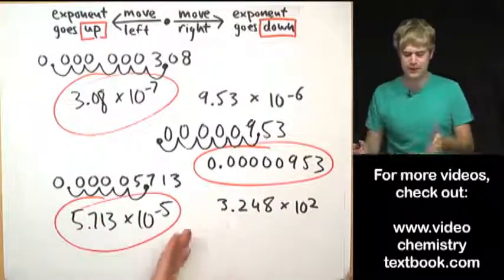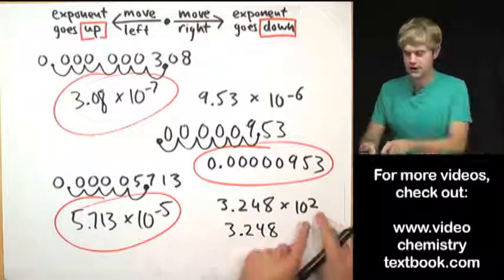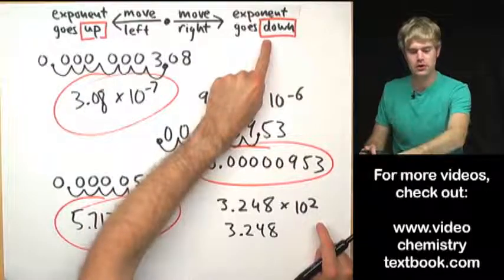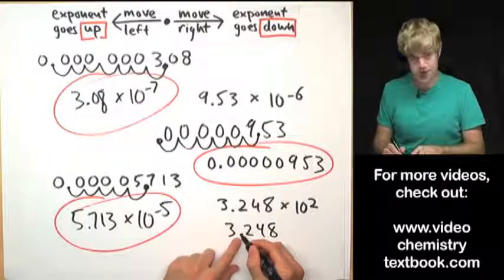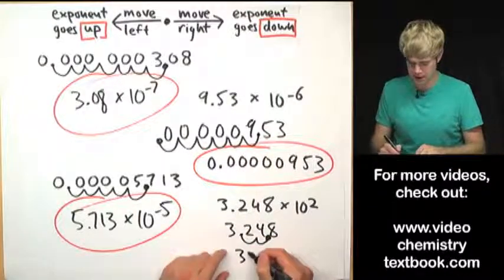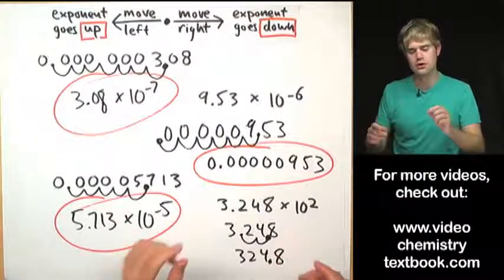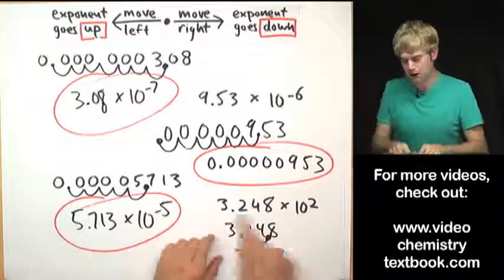Okay, and finally we're going to take this out of scientific notation. Starting at 10 to the second, want to get that to 10 to the 0, want the exponent to go down, so I'm going to move the decimal place to the right. So 10 to the second, 10 to the first, 10 to the 0, 324.8. Sometimes questions like this confuse people because they're used to moving the decimal place beyond where the numbers are,